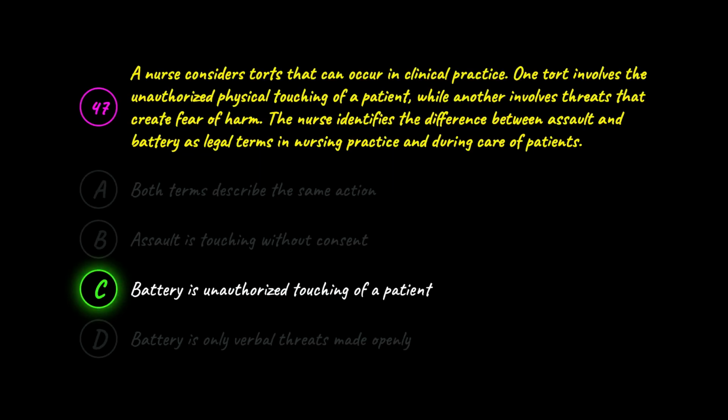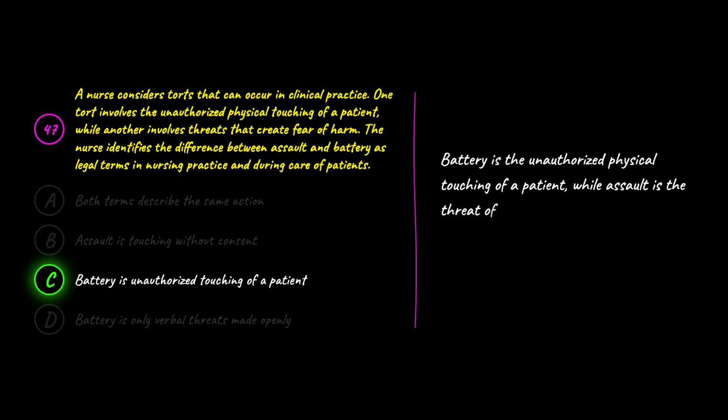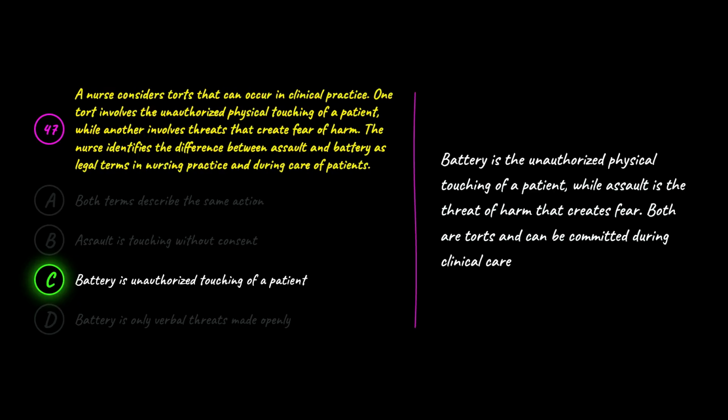The correct answer is C. Battery is unauthorized touching of a patient. C is correct because battery is the unauthorized physical touching of a patient, while assault is the threat of harm that creates fear. Both are torts and can be committed during clinical care if consent is not obtained or coercion